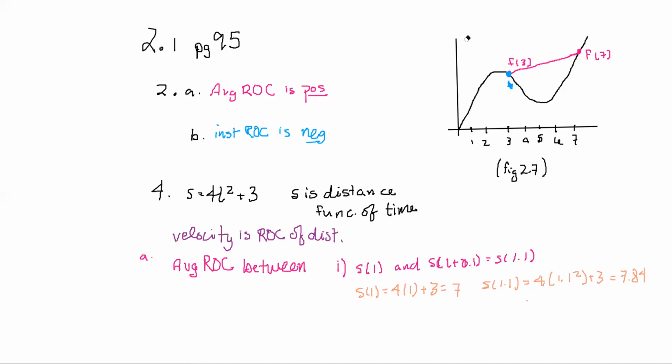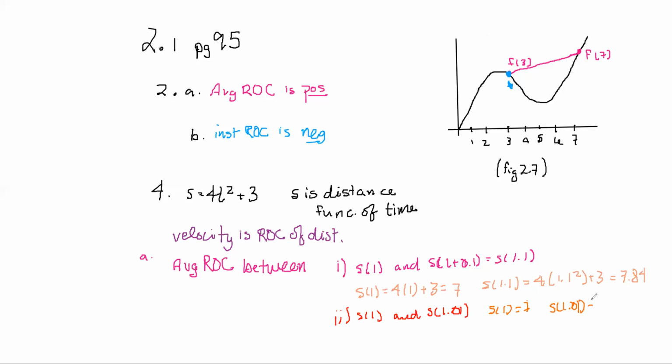Now we are going to do part 2, which is asking the average rate of change, this time between s of 1 and s of 1.01. So again, we're just going to do essentially the same thing. Go back to our calculator. We know that s of 1 is equal to 7. S of 1.01 is equal to,